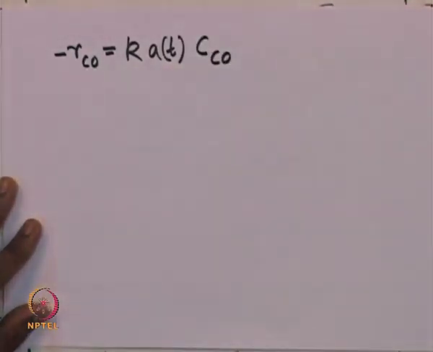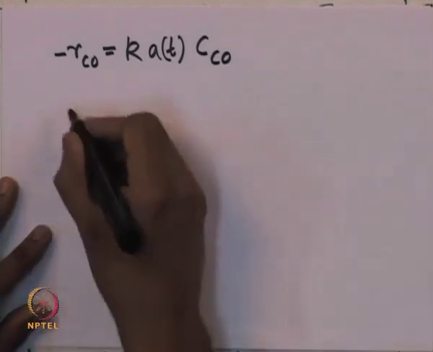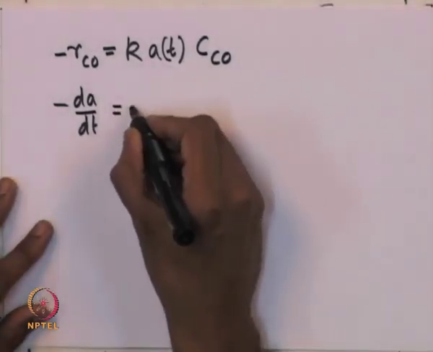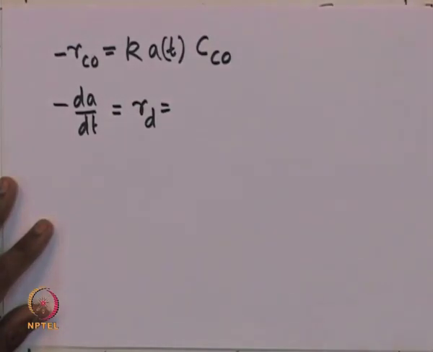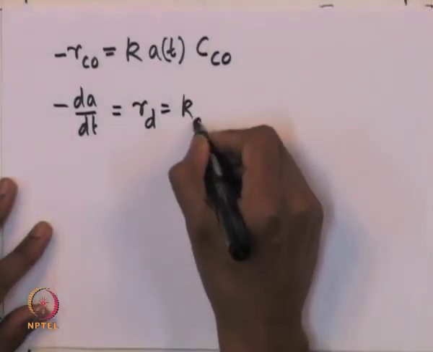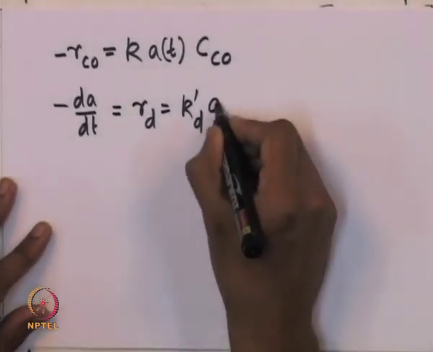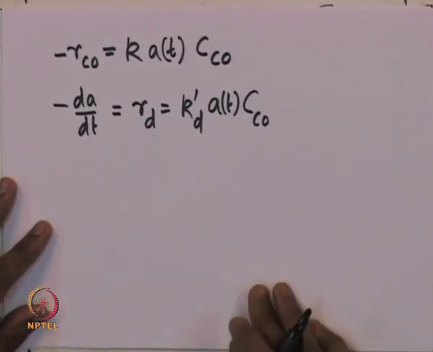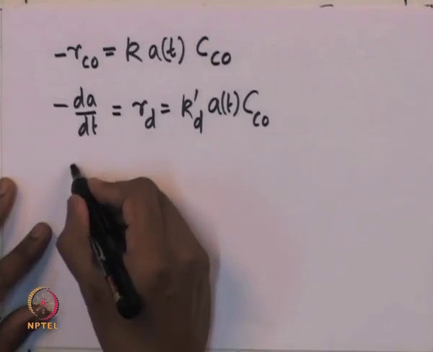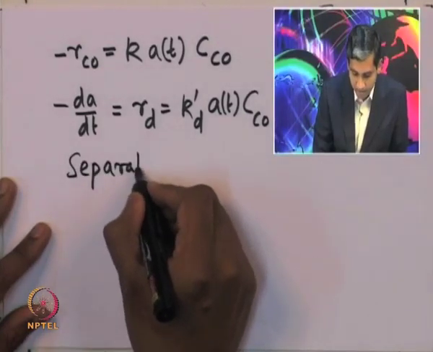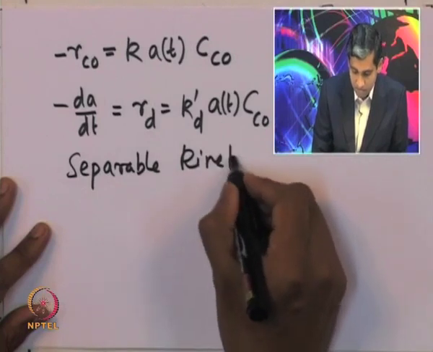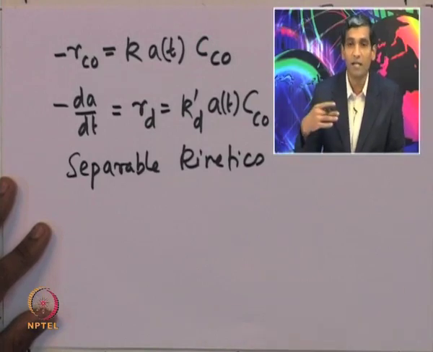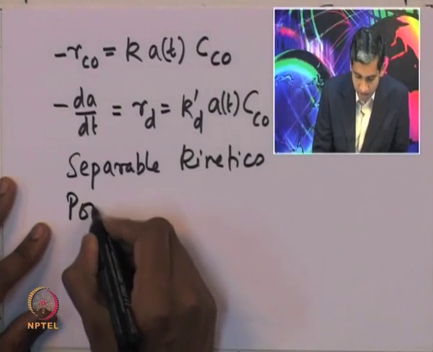and multiplied by the concentration of the carbon monoxide, and the decay rate law is given by minus dA by dt, that is equal to r_d, which is the rate at which the catalyst gets deactivated, and that is the specific rate constant multiplied by the activity multiplied by the concentration of the carbon monoxide in the gas stream. Now, if we assume that the kinetics is separable, and if we assume that the poisoning occurs at a certain constant concentration,